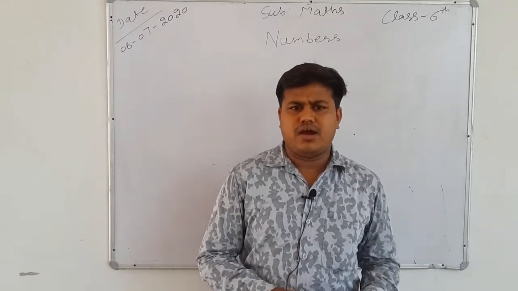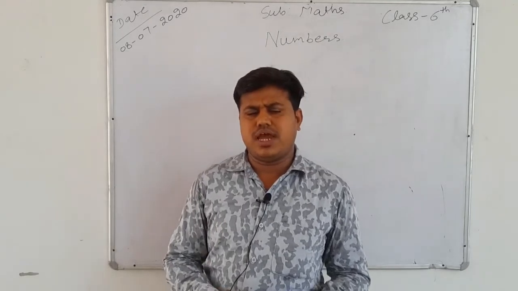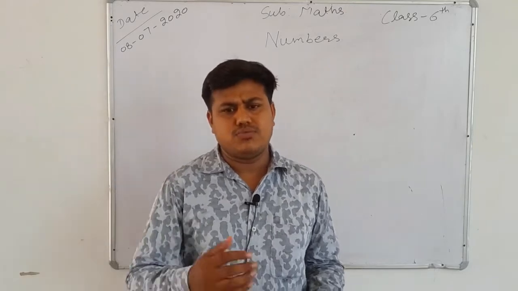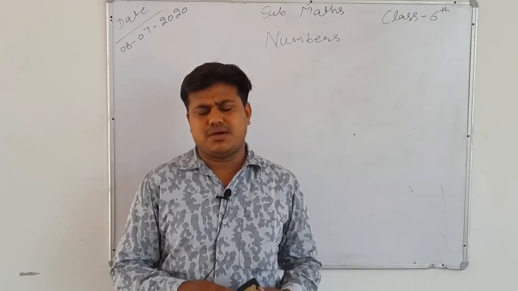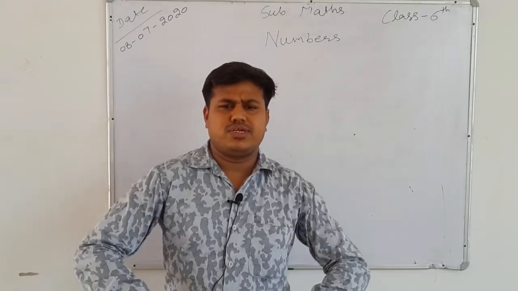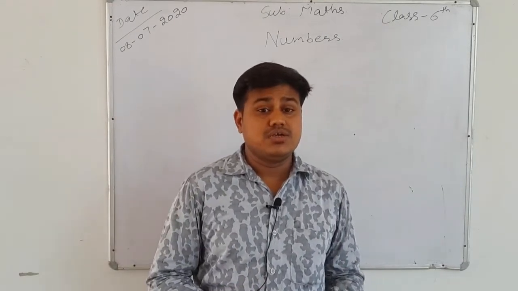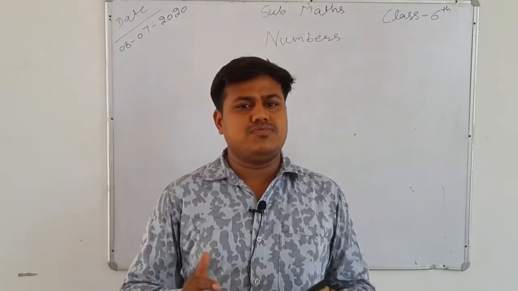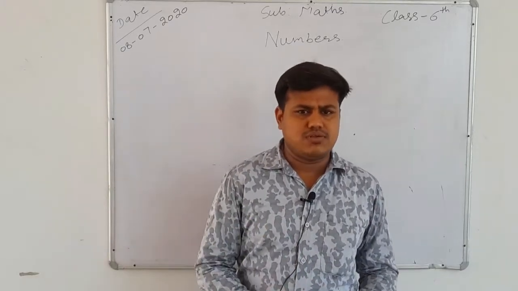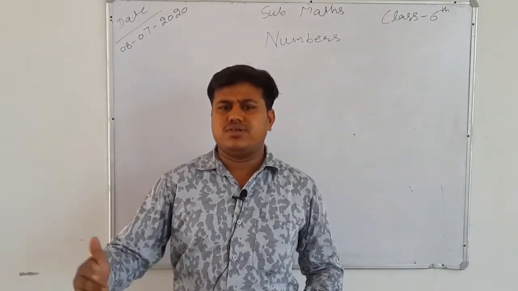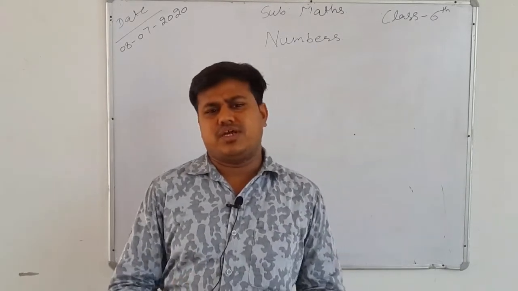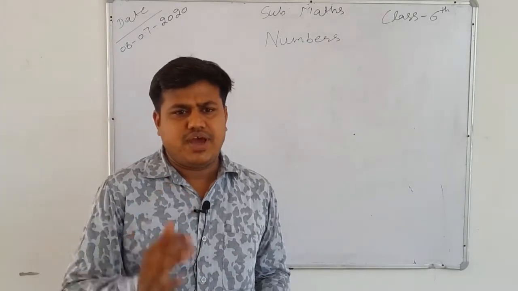After that we will discuss multiples, and in the next exercise, I think 2.1, 2.2, we will discuss the divisibility rule of any number. Like if I say 243, how can I check whether 243 is divisible by 2, 3, 5, 7 or not? So we will discuss the divisibility rules of 2, 3, 4, 5 and so on up to 11, 12, 13.